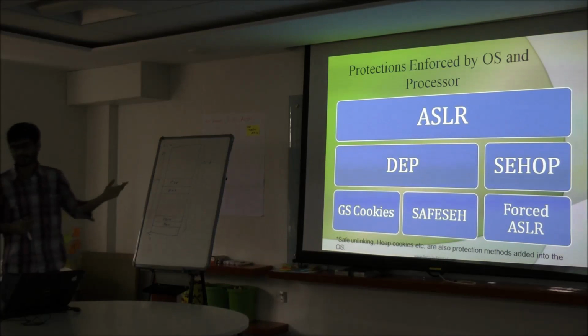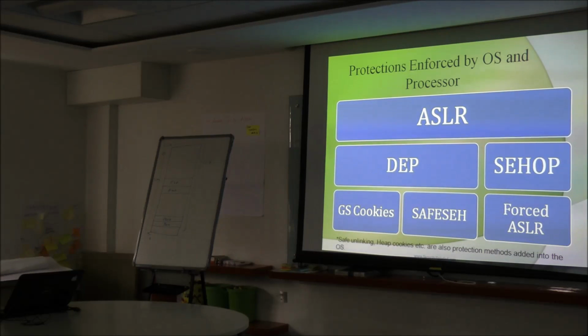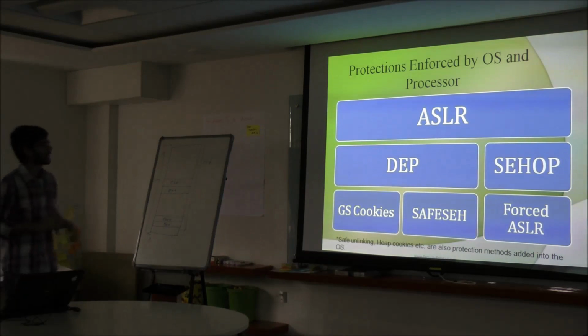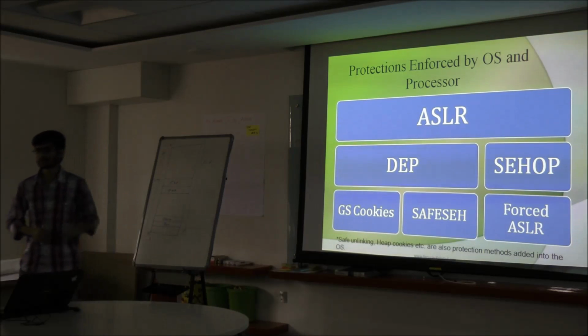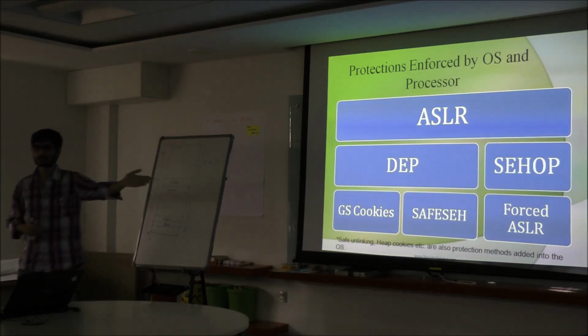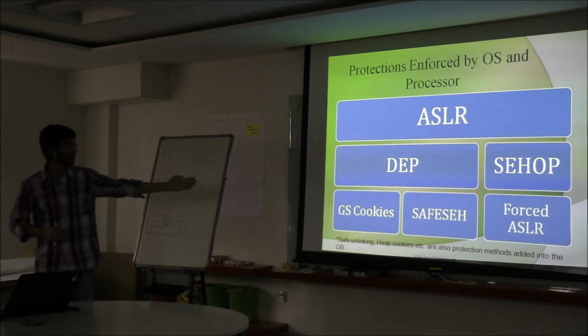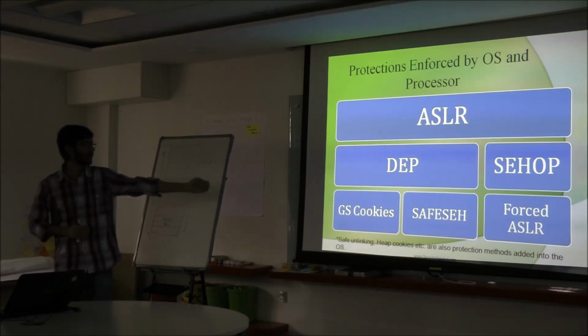So this is ASLR. ASLR is the bigger one, and I will talk about it a bit later. DEP is data execution prevention, and SEHOP is structured exception handler overwrite protection. Then there are GS cookies, SafeSEH and forced ASLR.